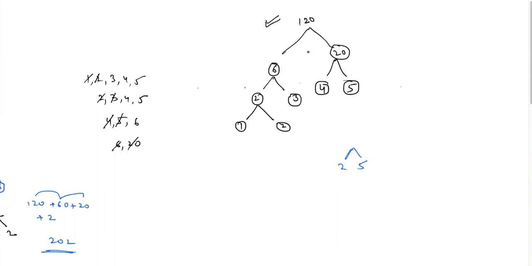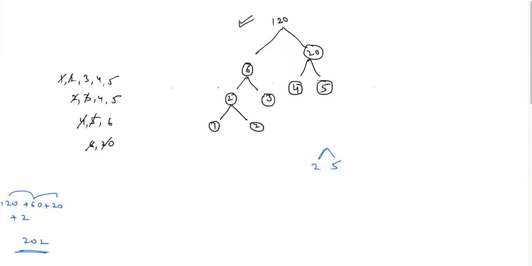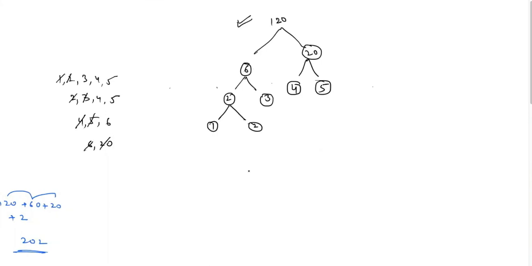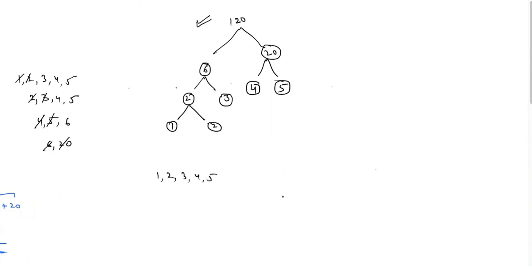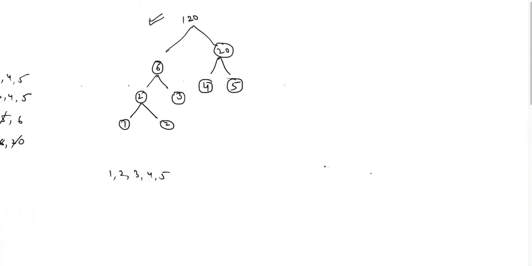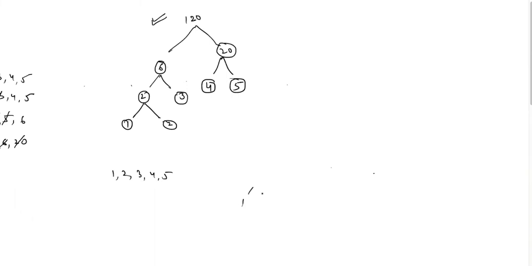Once we have arranged these leaf nodes, the problem here is that you can't just pick the leaf nodes. You will have to look at the intermediate values also, right? Does it make sense? So let's say I have these 5 leaf nodes, 1, 2, 3, 4, 5. If I pick the leaf nodes in this order, 1 and 2, 2, then 2 and 3, 6, then 6 and 4, 24, and then 24 and 5, 120, then this is not the correct solution,